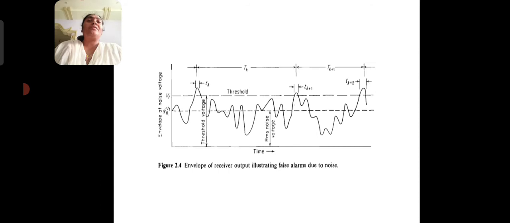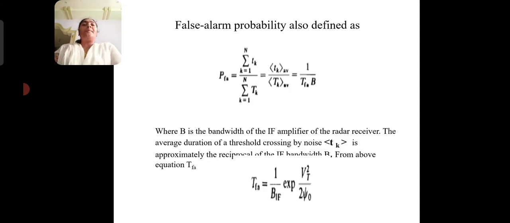In the time period of Tk, how many amplitude fluctuations cross the threshold levels? Here, by seeing it, I can see three amplitudes crossing the threshold level. According to that time, I am applying the probability functions, and I am taking the reference with the Rayleigh probability density function. So the probability of false alarm is defined as